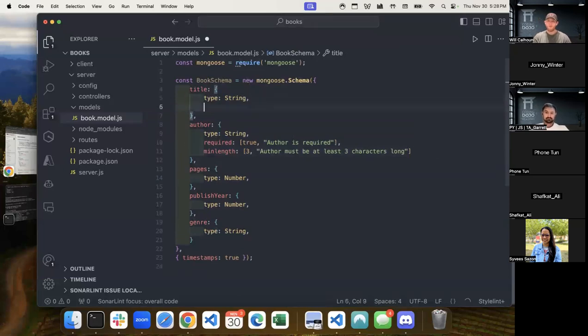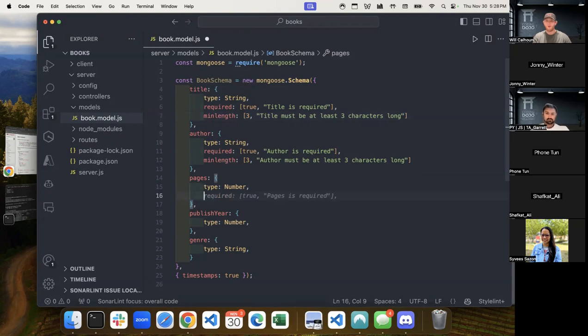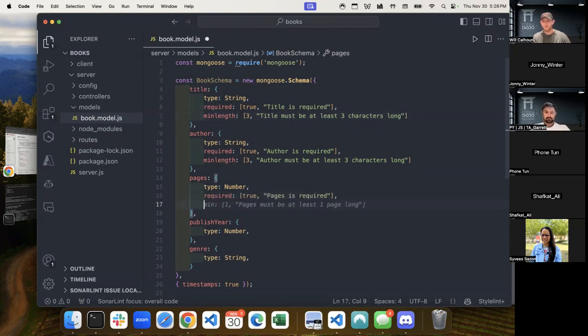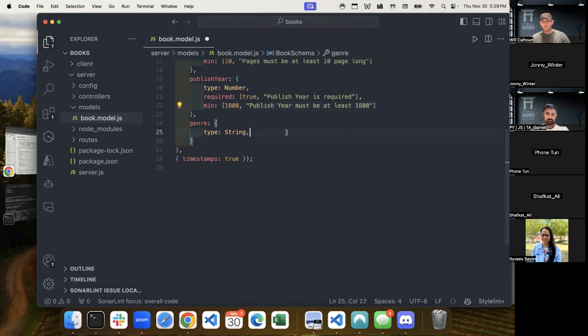So I'm going to do that for these guys. Let me say required, title is true, and then maybe, again, 3 is fine. Pages, required is true, pages is required, and then maybe we'll say 10 pages, because it's got to be something more than 10 pages. Publish year, we'll say required, and then let's do 1800, because there are probably some good books before 1900. And then genre,